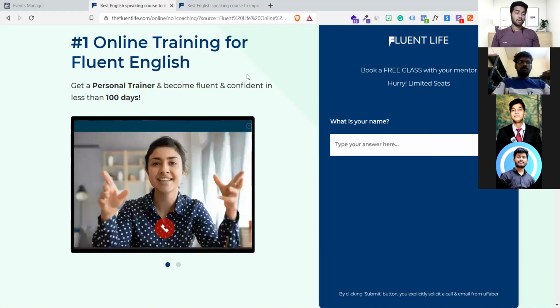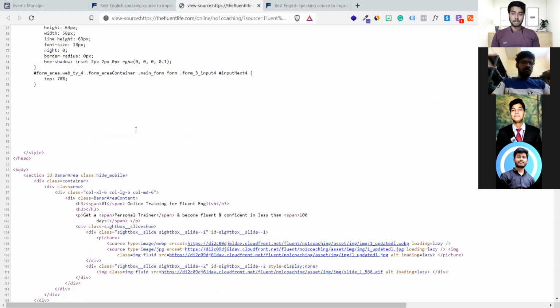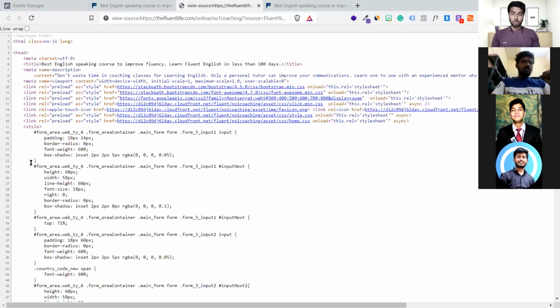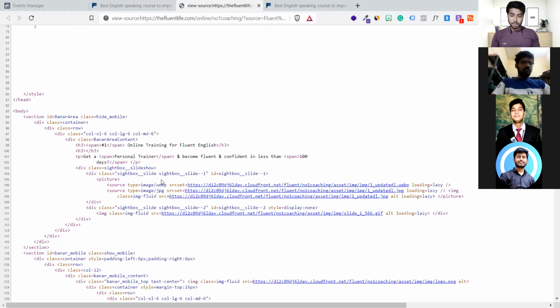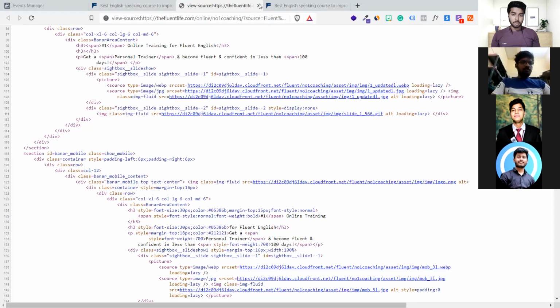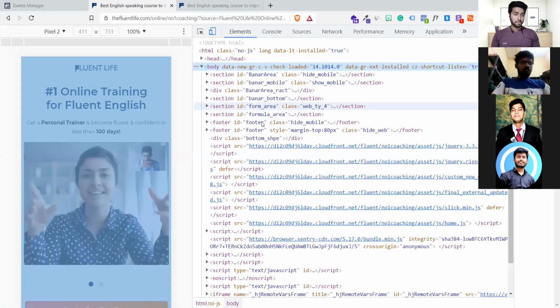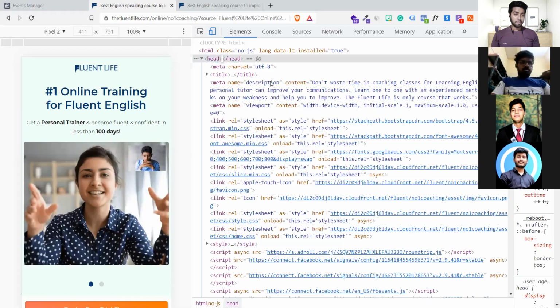It is in fact a different course if we talk about it together. If you press Control U, you will see the source code of the website and where the pixel has been installed. There must be somewhere under the head tag. Don't get overwhelmed seeing this. I just want to show you where this particular pixel ID has been installed. Okay, it looks like it's not here. Let me show you another way. Press Control Shift I. Under the head tag, there must be some pixel ID.